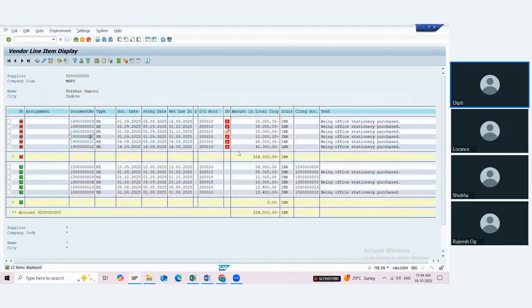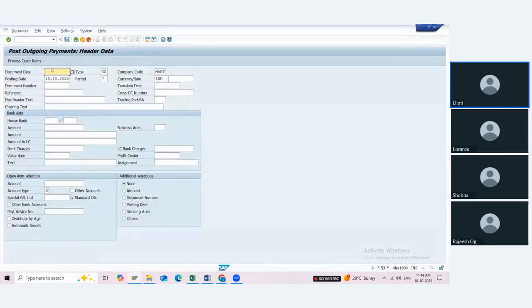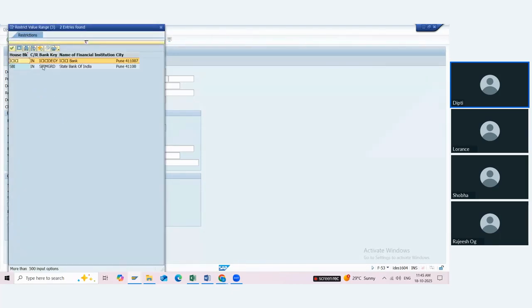And I will do one by one. So as per scenario, you will understand. Now let's say here I'm making a payment for vendor payment. See now, till now, whenever we have done the payment, we used to select the GL account of cash. But now you have to select the bank GL, but the bank GL should not be directly selected. Here we have to select the house bank. Which bank are we paying to?